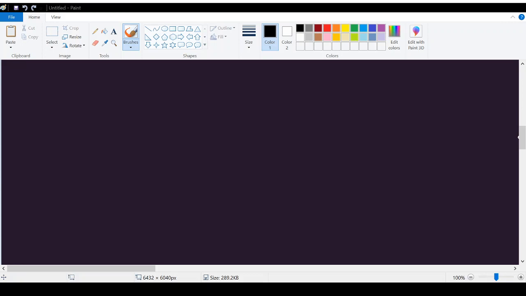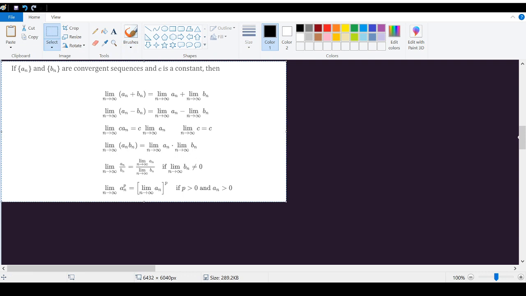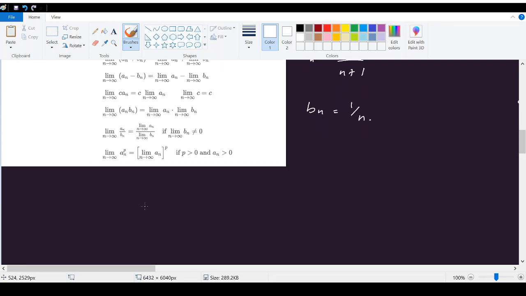Okay, now in this video we will go over two more theorems related with sequences. The first one is easy. Here it gives some methods to manipulate the limit of a sequence. Say, for example, we have two sequences: an is equal to n/(n+1) and bn is equal to 1/n, and we need to find the limit of